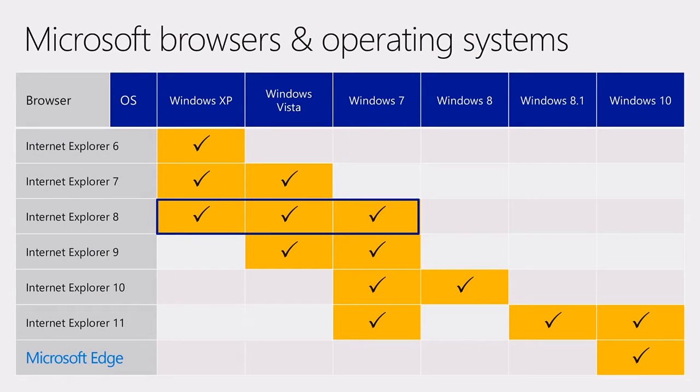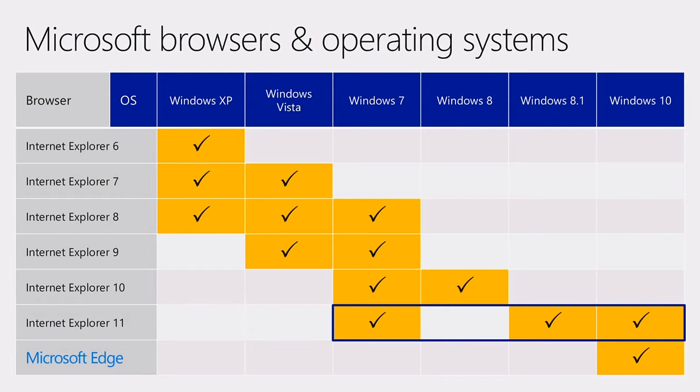Now, of course, looking at this chart, it makes sense that many customers standardized on Internet Explorer 8 because it was the only version of Internet Explorer that was available on Windows XP, Windows Vista, and on Windows 7. So as you migrated from Windows XP up to Windows 7, many customers standardized on IE 8 because if you could move to IE 8 on Windows XP, you were essentially doing some of your migration ahead of time. Likewise, if you move to Internet Explorer 11 now, and most of you hopefully already have, if you've moved to IE 11 already on Windows 7, you've done some of your Windows 10 migration work ahead of time.